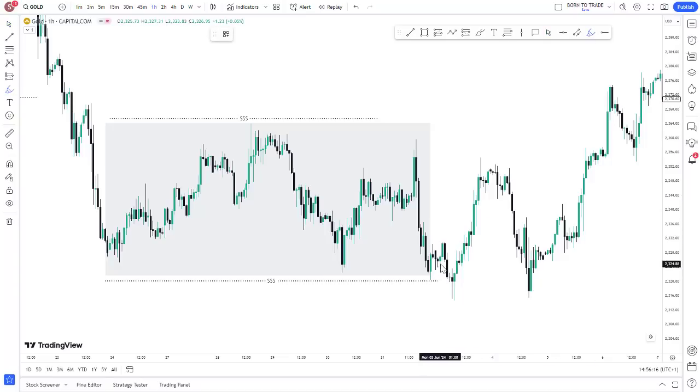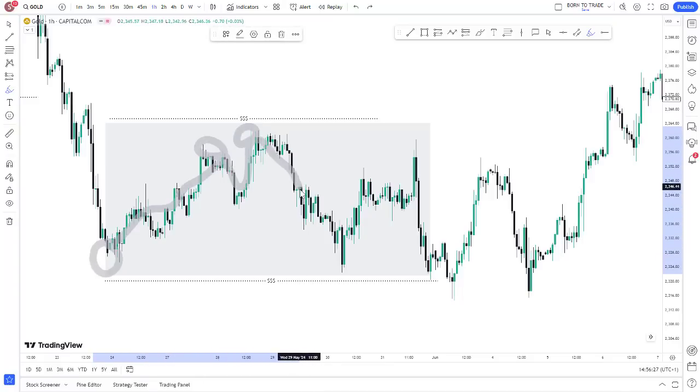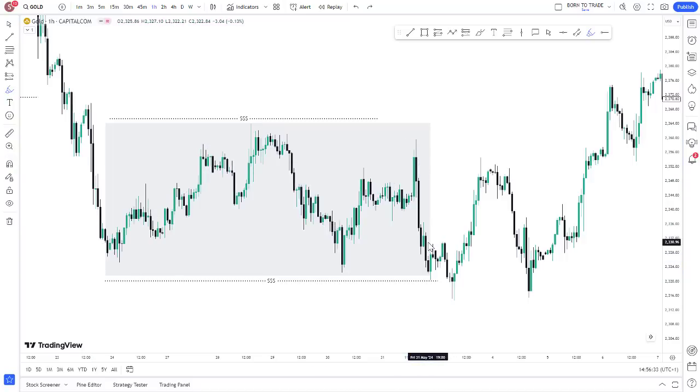You can see this is the liquidation phase we have right here after the price accumulates for some time, because accumulation simply means price is in the range. You see how price reacts from this low to the upside, a little retracement to the upside. We've seen that retracement come back to this low once more, that reaction to the upside, and we've seen that reversal to the downside again. So you see, this is an accumulation phase, very clean, and we have the liquidation phase where price takes the liquidity at this particular low, making sure that the liquidity has been swept. Okay, liquidity at the low was swept.